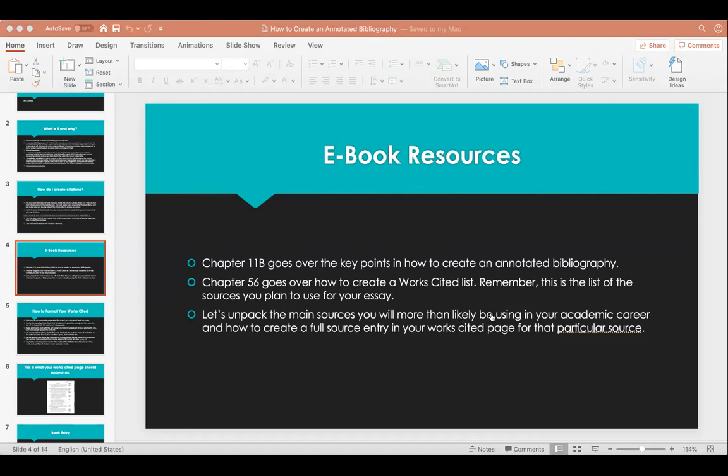And guys, this is an incredible and valuable resource. We're going to go through this in a minute, how to format your works cited. What this gives you is a guideline of what to do if there's one author, and what to do if there are multiple authors. And then it goes a step further. It goes through every type of source: print books, anthologies. And then if we scroll down,